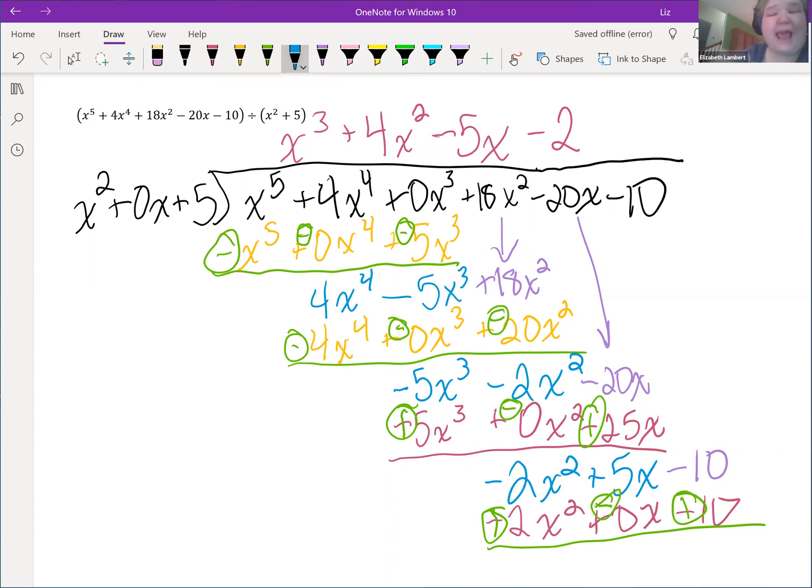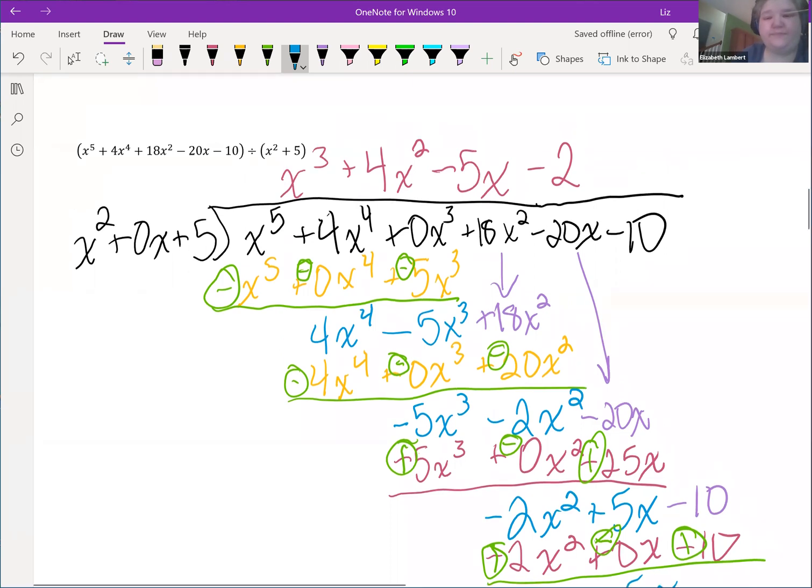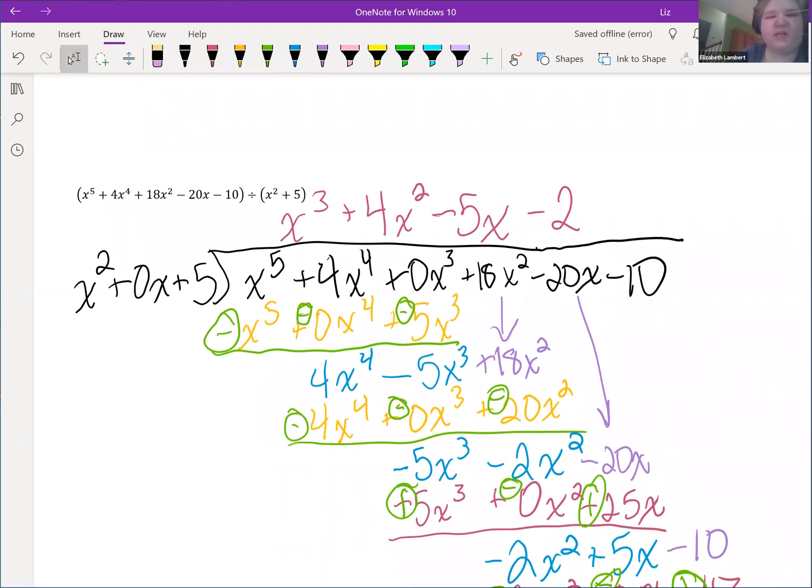So the first term and the last term cancel out. So the only thing we're actually left with here is 5x. So that is our remainder, just 5x. There happens to be no constant in the remainder. Normally there is, just kind of a fluke it worked out this way. But we have that as our result,